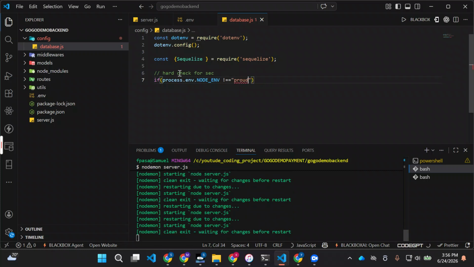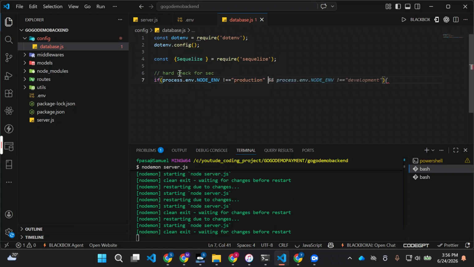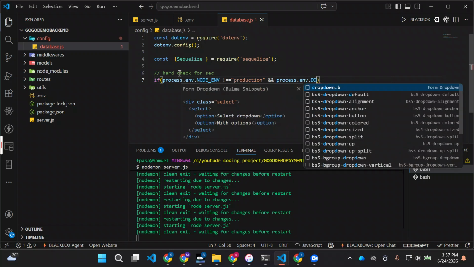So if you are currently on production, and process.env.NODE_ENV, all right, so this is env.DB_NAME,